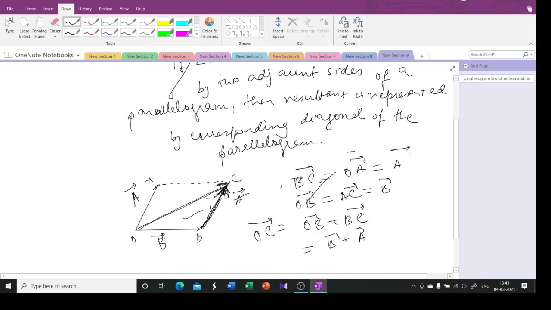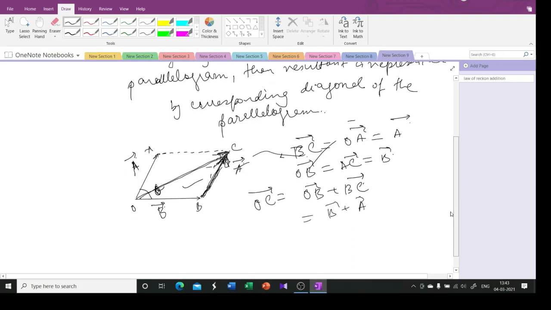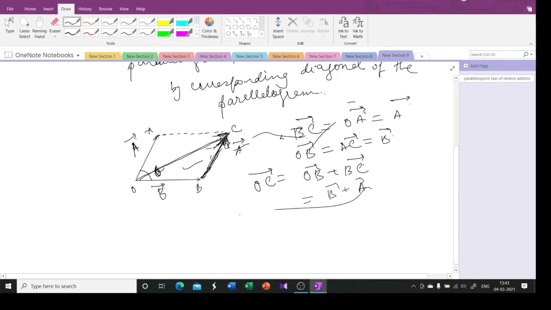Okay. So also regarding finding the angle, we can do it in the same way. If this is theta, it's the same thing as the triangle law, right? So once again the magnitude would be the square root of mod A square plus mod B square plus 2 mod A mod B cos theta, where theta is the angle.